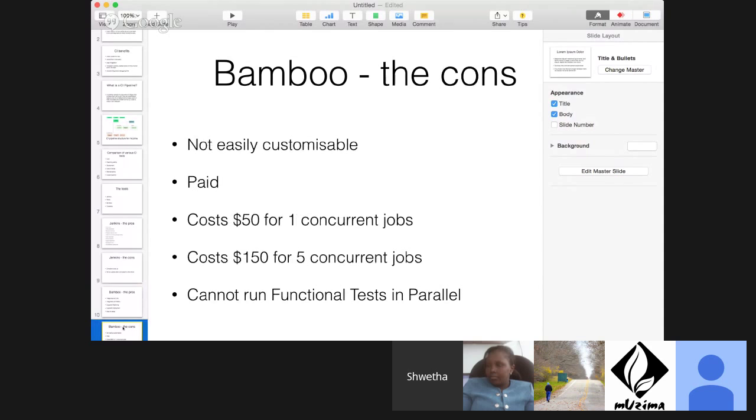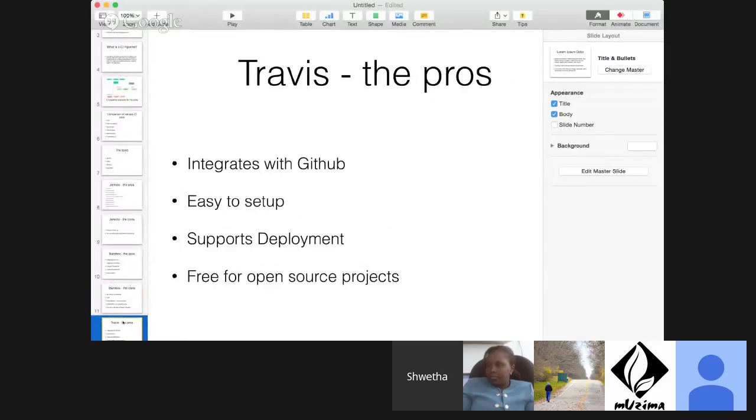But the problem with Bamboo is it's not very customizable, and it's paid, and it costs much more than Jenkins, and it does not have the option of allowing us to run functional tests in parallel. And then we looked at Travis. Travis also integrates with GitHub and it's easy to set up, and it supports deployment, and it's free for open